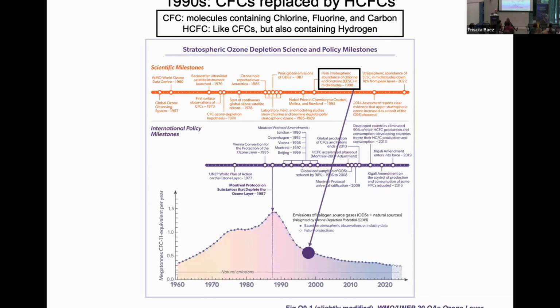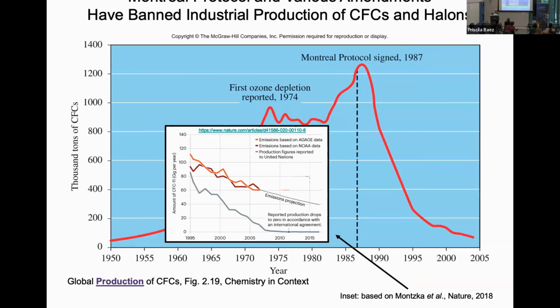Okay, so now I'm going to steer away from the 20 questions and answers for my figures. I had a few that weren't, and talk about an interesting story, a whodunit. So what I'm showing here is different than the atmospheric release. This is the industrial production of CFCs, which were banned by the Montreal Protocol. So this is dropping close to zero, but this is now 20 years old. It comes from a chapter in a textbook I helped write, so I get to use this for free. You have to pay a lot to get it. This is the global production of CFCs.